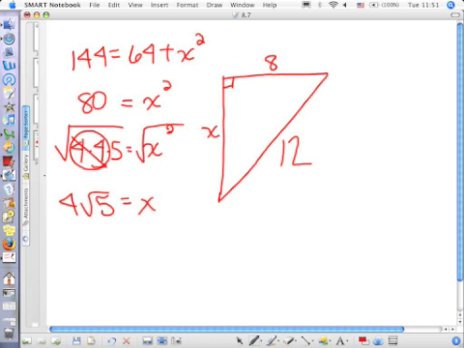Oh, okay. You were supposed to plug it into your calculator. So it's about 9. What if we got 4 square roots of 5? I'll take that into consideration. On a test, though, you need to put it in the form that it's asked for. Okay, the other thing was find the measure of this angle. Now I'm going to tell y'all a secret. When you're finding more than one piece,